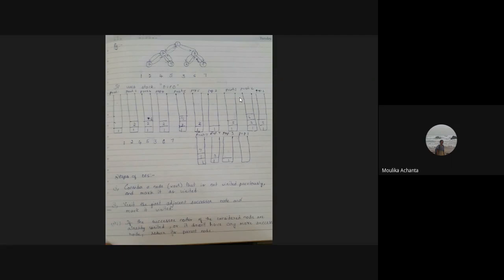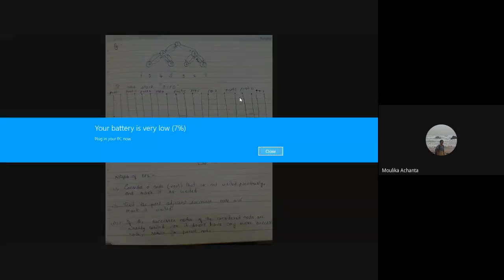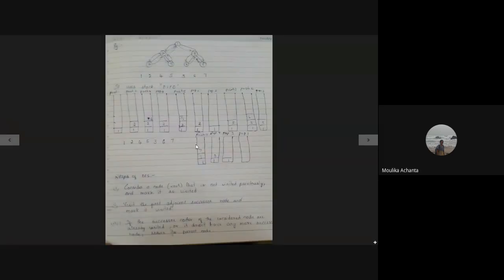And the steps for DFS are: first, the root node that is not visited previously, we'll visit that root node and mark it visited.